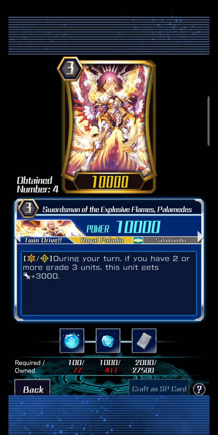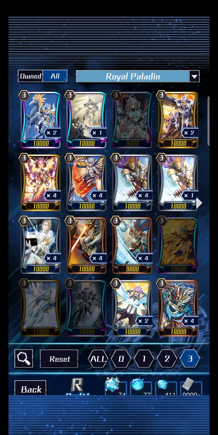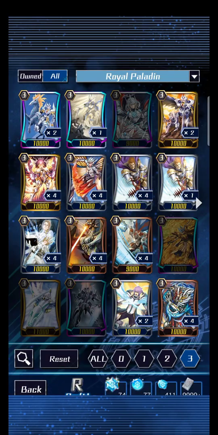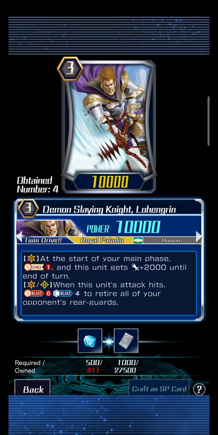So we have Palamedes. It's just like a vanilla card, where if you have 2 or more grade 3s, you gain 3k. So if I were you guys, I will show you what lineup would be the best. So these ones are all commons. You just review, grade 3 gains 5k. This one, for the main phase, just soul charge